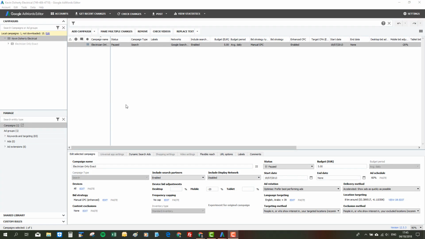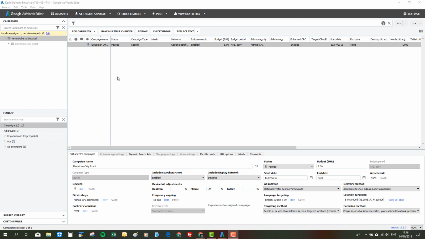So let's take a look at Google AdWords Editor, or Google Ads Editor as it will soon be known. This is a standalone tool that allows you to manage in bulk changes across your campaigns in your account, including bid changes, new campaigns, new keyword, ad types, adding new ad extensions. It allows you to control the entire suite of Google Ads features from one single login and one single location